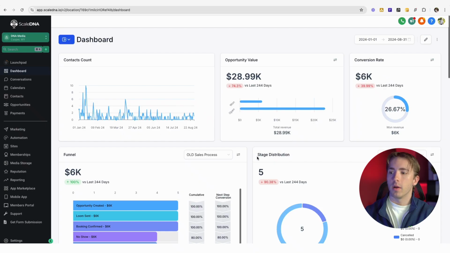Here we are in one of our sub accounts on our dashboard. And now you can see we've got all of these different widgets showing things like contacts, counts, opportunity values, conversion rates, and things like that. And now we can add in these little percentages, which are comparisons to any period of time that we would